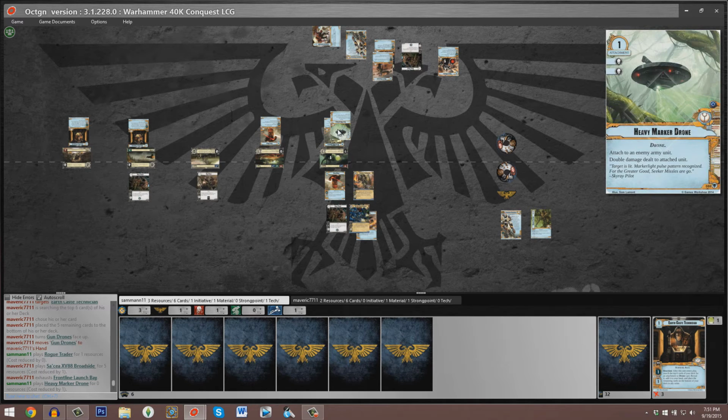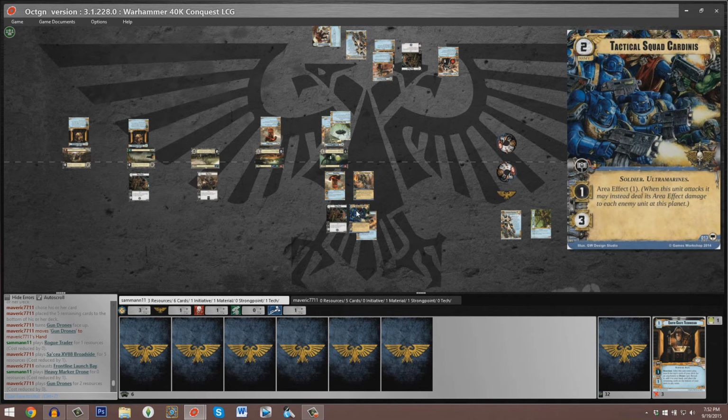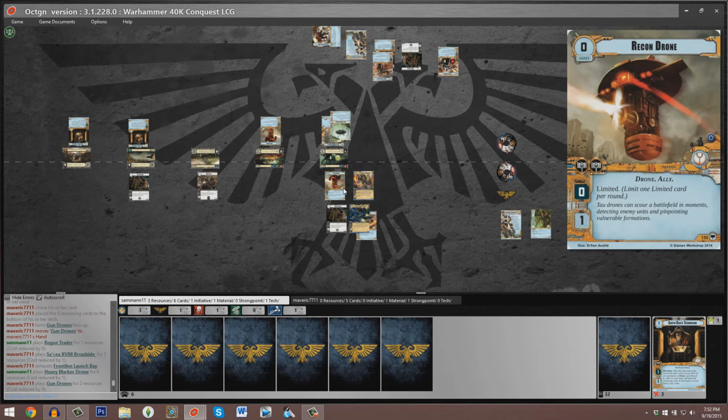Sam actually puts out a heavy marker drone, which is going to double all damage dealt to the attached unit, and of course, quite predictably, we see a copy of Gun Drones played out to the Sakea XV88 broadside, so it now happens to have area effect 4 in total, but without the assistance of any shield icons, this area effect 3 Tactical Squad Cardenas would destroy it outright,